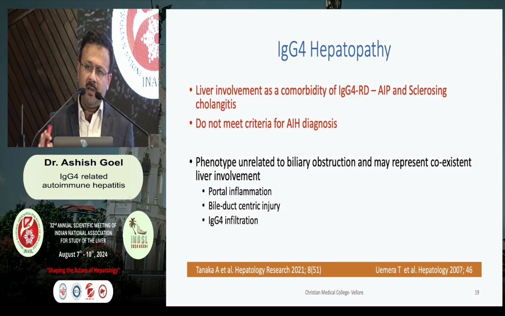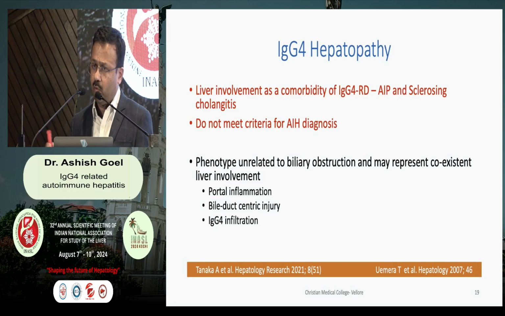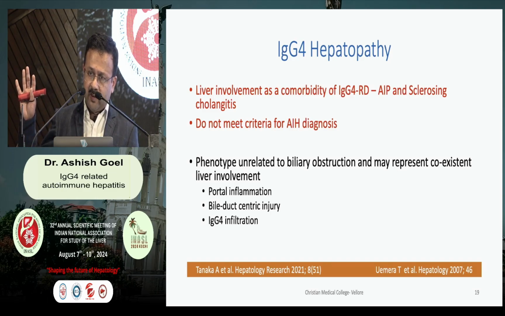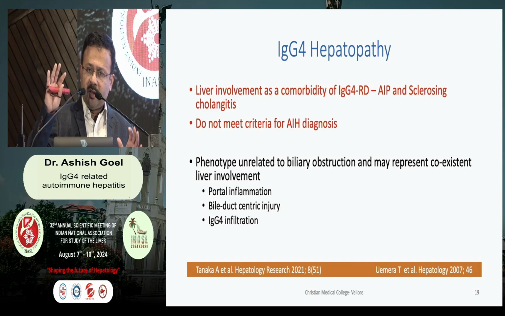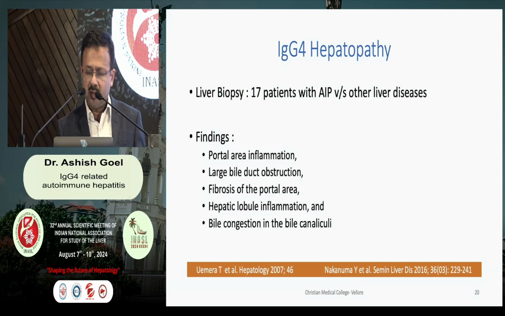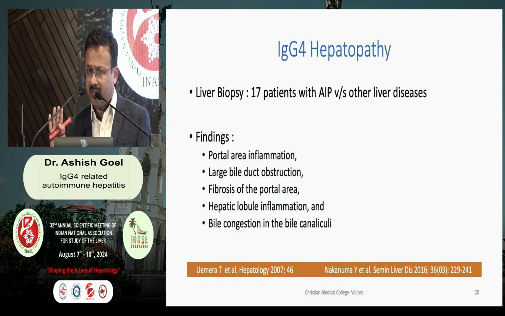So there is a mild liver function abnormality. There is a comorbid IgG4 related disease. So you have generally a patient with autoimmune pancreatitis with mild LFT abnormality. You biopsy the liver and there are changes in the liver histology, and that is what is called IgG4 hepatopathy. So this was a study where they biopsied 17 patients with autoimmune pancreatitis with no obvious cholestatic liver disease,